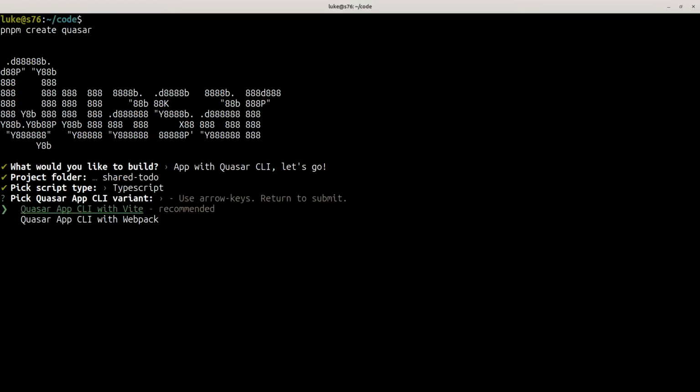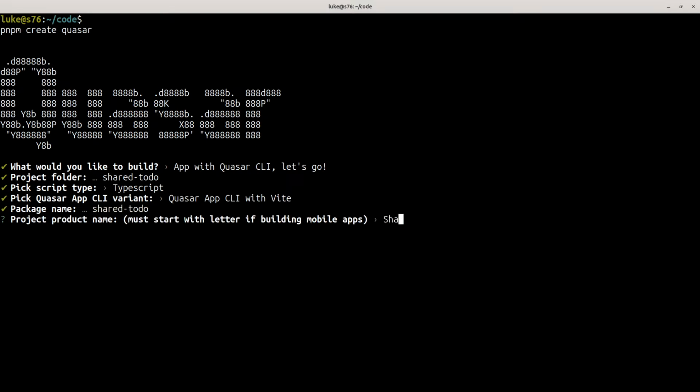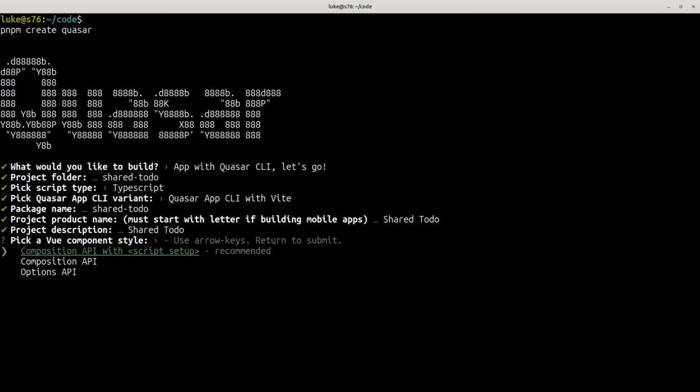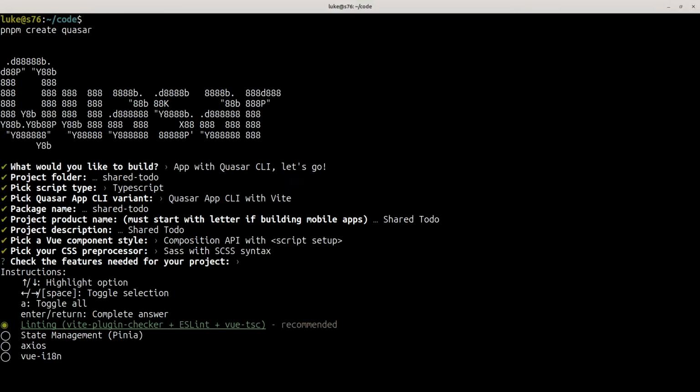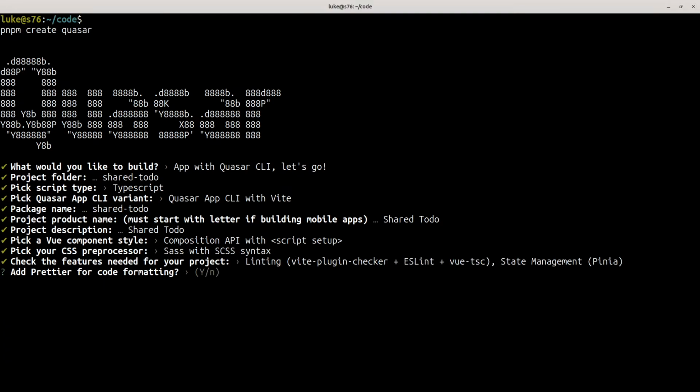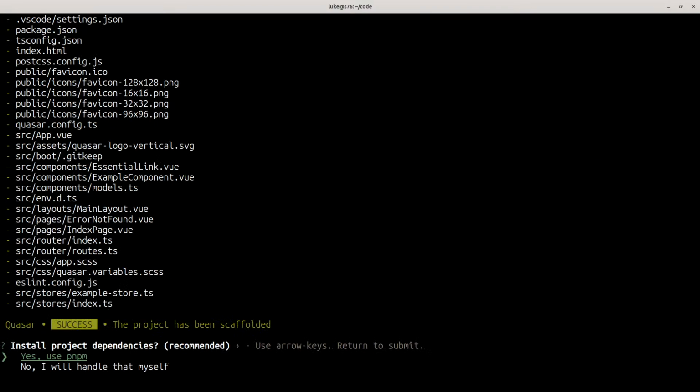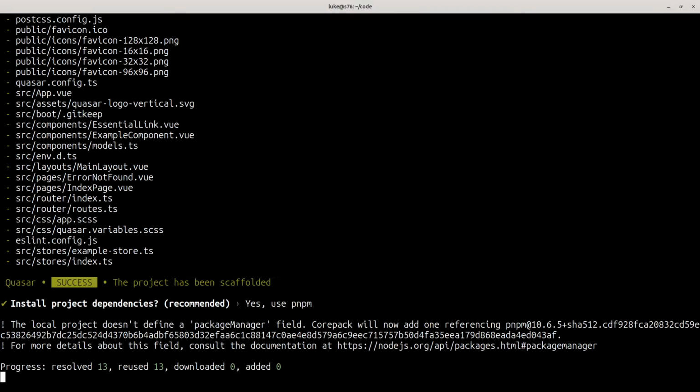So it's going to be a to-do app, but I wanted to go one step further and make it so that you could have accounts that you log in with, and then you can share to-dos amongst those accounts. Okay, so we'll use Vite, shared to do, shared to do will be fine for the description, script setup, Sass with SCSS. We're going to use Pinia in this, and of course linting. I don't like using Prettier, so we'll say no to that, and we'll use pnpm to go ahead and install